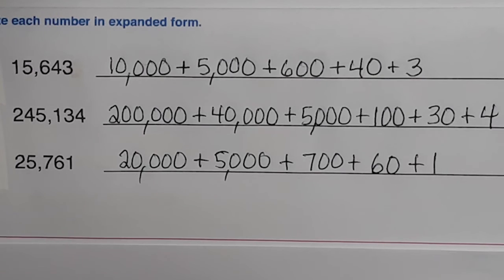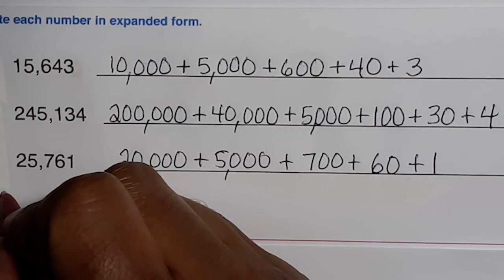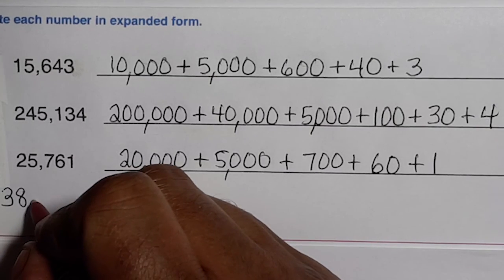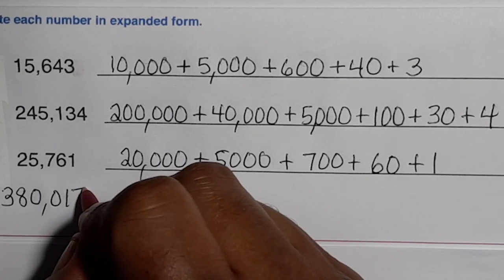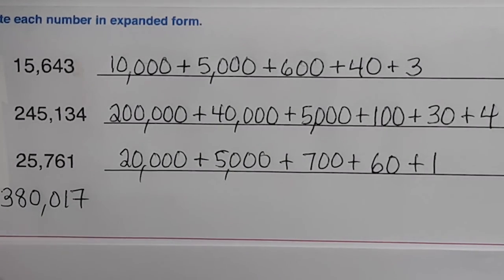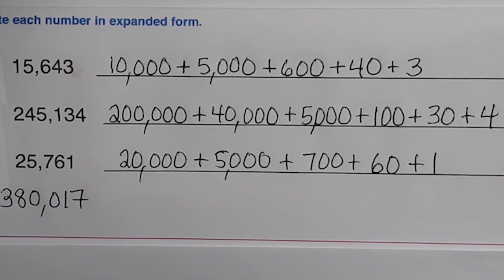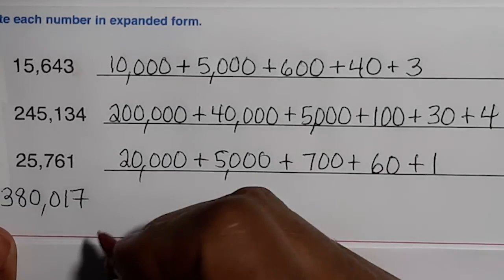I want to actually put a number in here that has a 0 inside of the number. So let's just make up a number. We're going to write 380,017. All right, and we're going to write it in expanded form, just like we did these. All right, so what position is the 3 in? It's in the 100,000s position. So we would write